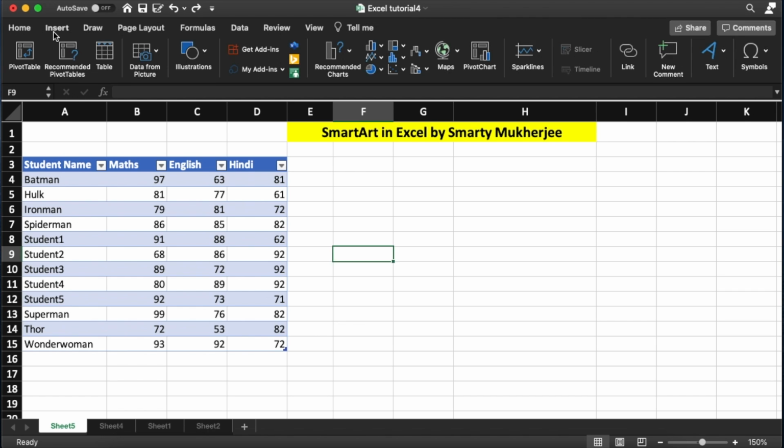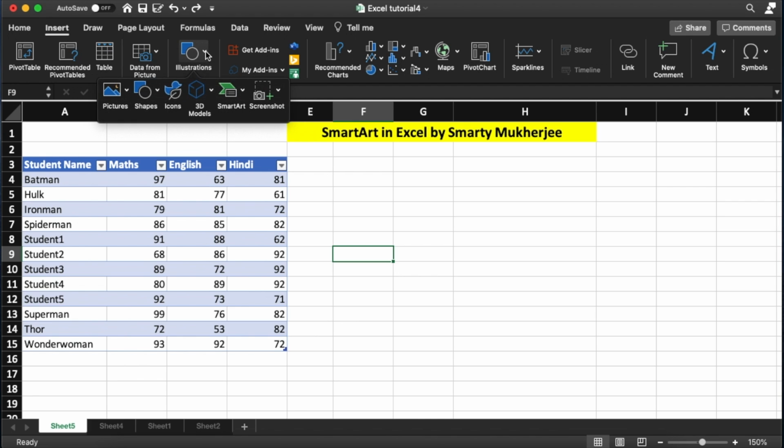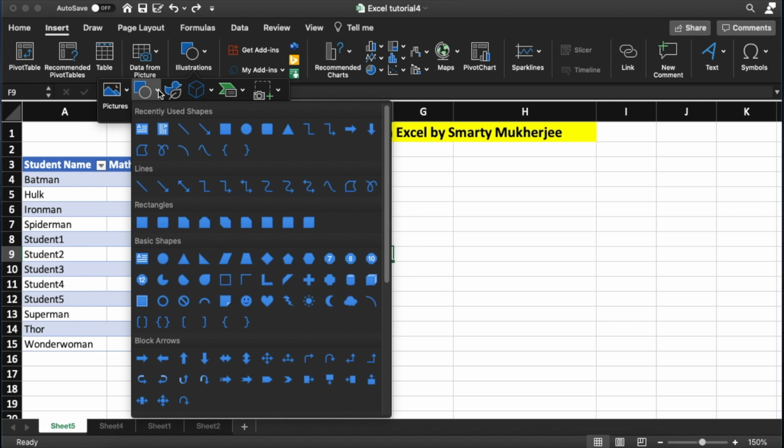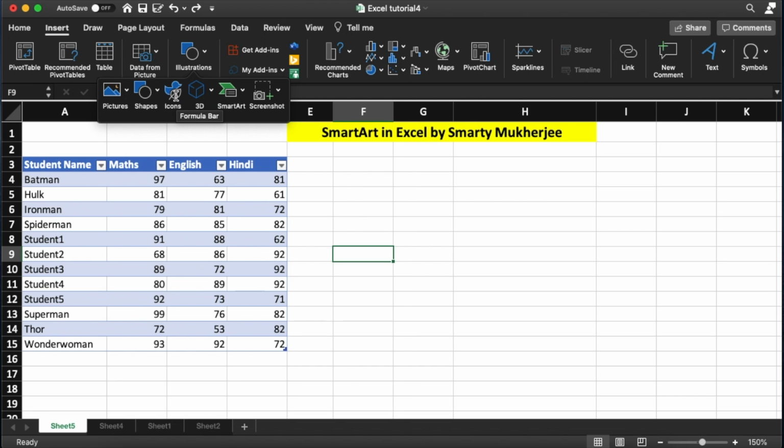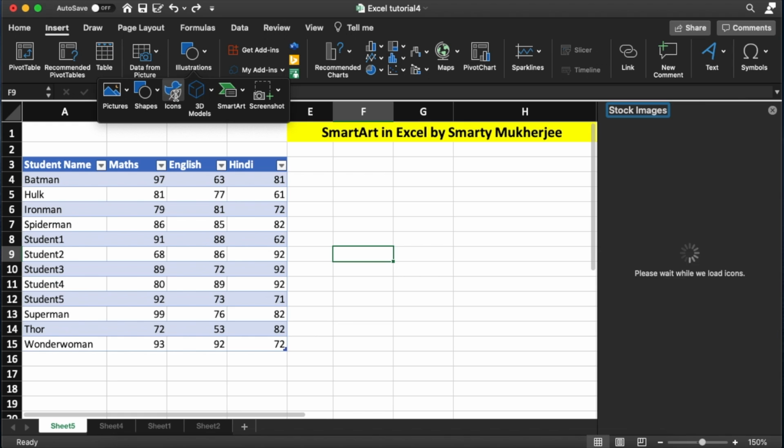Go to the Insert option and you see this option called Illustrations. If you click on this arrow, you have several options here. You can insert a picture, you can insert certain shapes, and then type on top of those shapes to make it visually presentable. You can add certain icons. If you click on icons, it will take you to a stock images library.